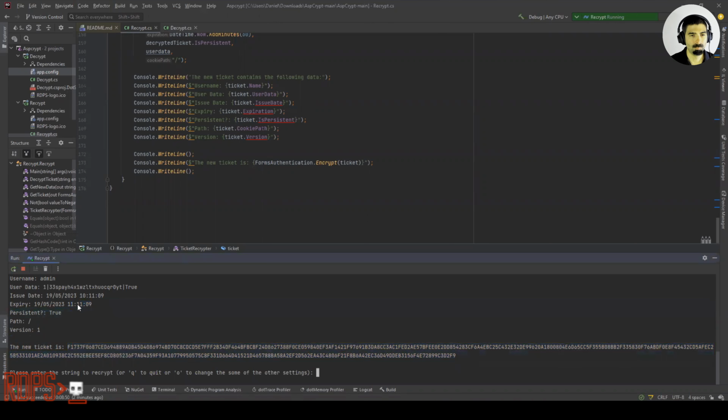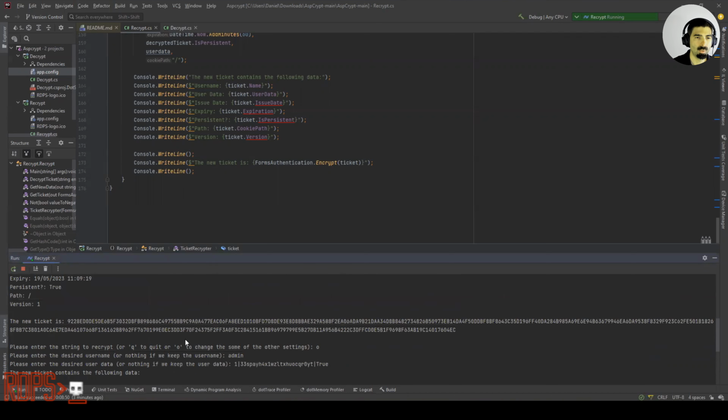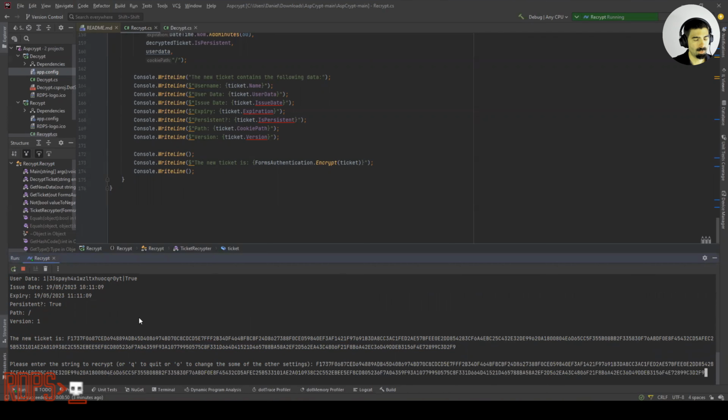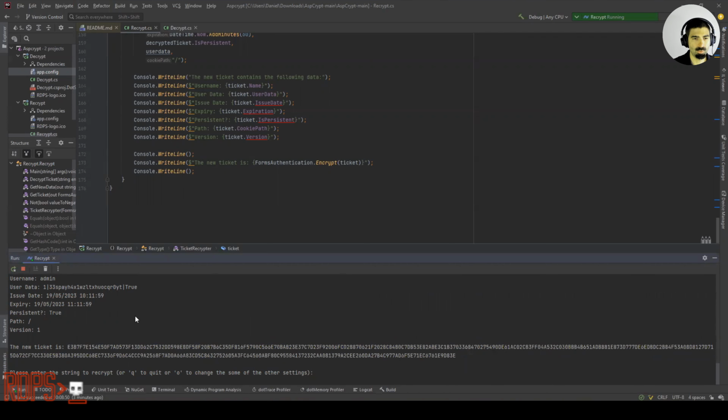And we see it bumped up that expiry for us yet again. While this one was issued at 10/11, it won't expire until 11/11. The next thing we can do, if we want to validate this ticket, just because, I guess maybe we don't believe this system does what it claims it does, we can go through and change the data yet again, or we can just paste in our new ticket and see what the new ticket